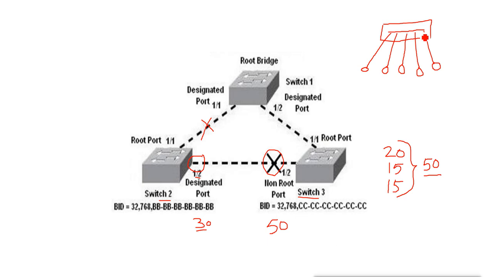So suppose there is a DHCP server connected to this port. I don't want to disable STP. Now this DHCP server's job is to assign IP addresses to these machines. When this switch comes on, what happens? All the ports will get into the blocking state. Blocking state means the DHCP server wants to give IP addresses and these machines want to get IP addresses, but they will not reach the DHCP server. Why? Because they have to wait for 50 seconds.